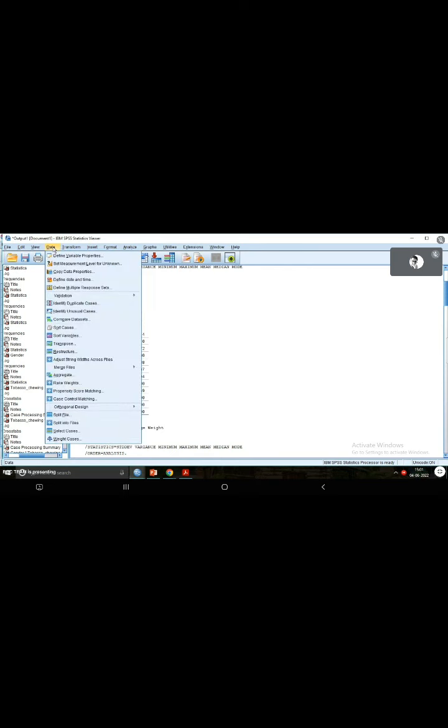For that, you have to use an option called split file. To do it, you have to go to the option Data. There's an option called split file. Click on it, and here you have to tell the software based on which variable you want the summary separately. For now, I want the summary separately based on the variable gender.